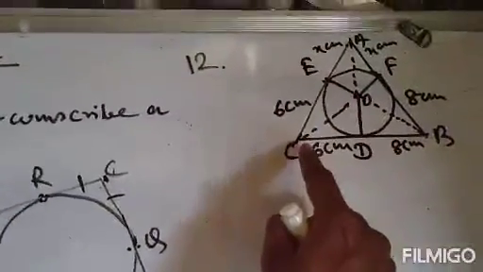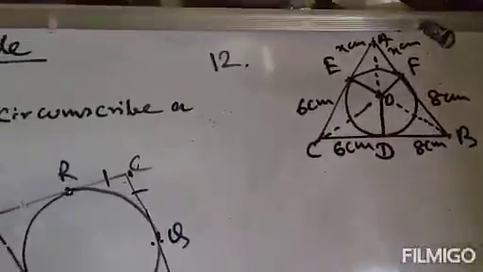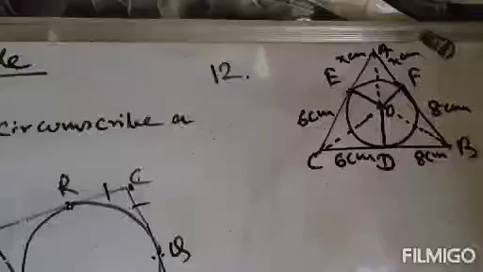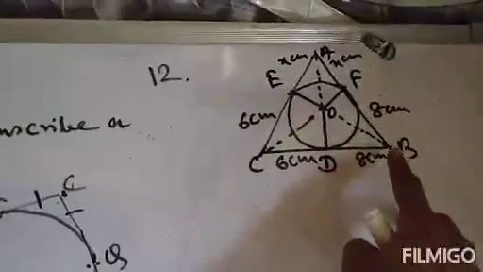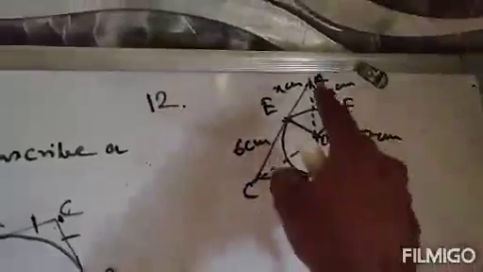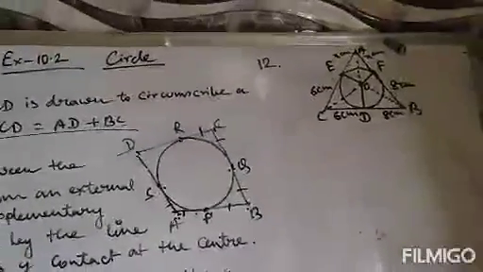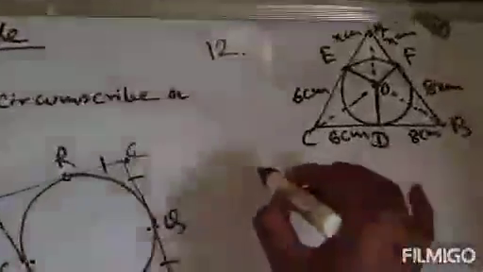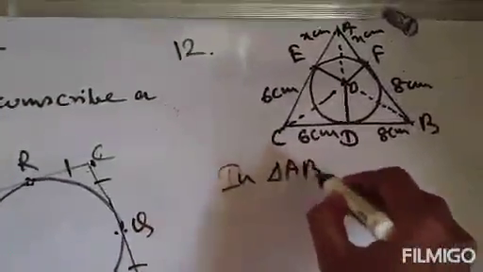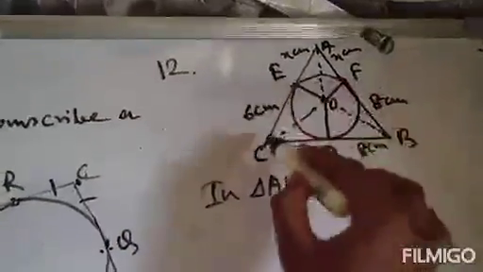Now C is an external point from a circle. So CD and CE will be 6 cm, because the lengths of tangents drawn from an external point to a circle are equal. So from that concept we can say that CD and CE will be equal. Also on that concept BD and BF will be equal. On the same concept AE and AF will be equal. That's why I have written those values. Those values are not given. You have to construct like this and then write those values. So in triangle ABC, just write CE. This CE will be equal to CD.